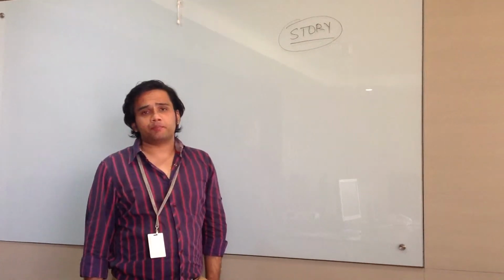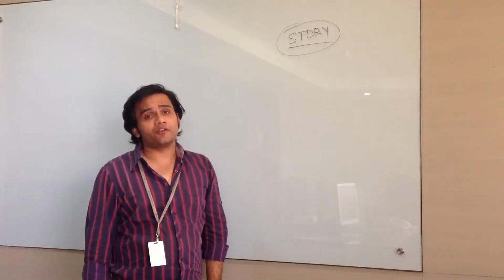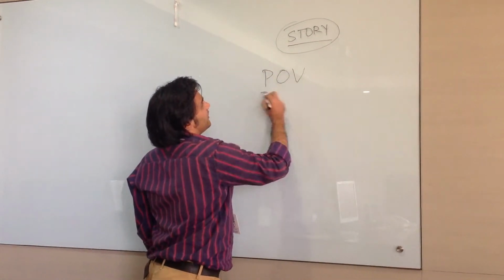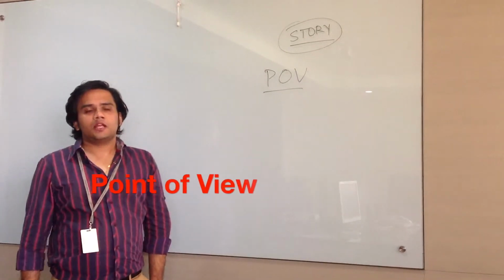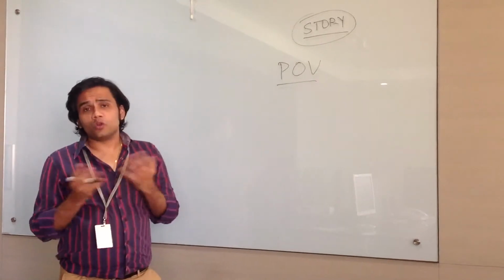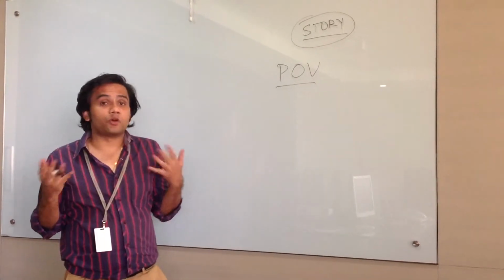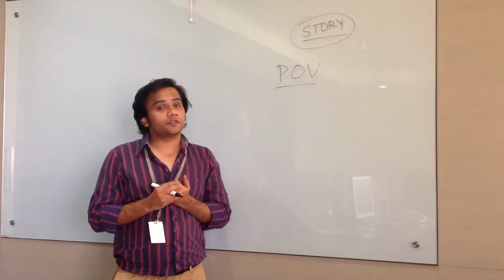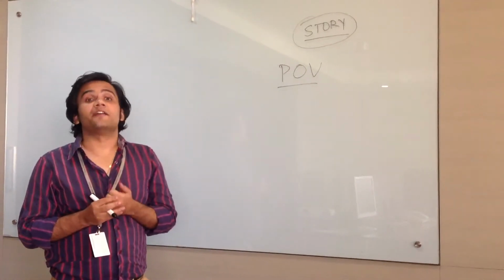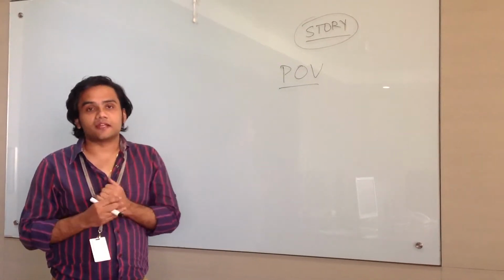Now, before we wrap up our lesson on story, let us cover one important and very critical concept, which is point of view. Now, you would imagine, what is a point of view? As we all know, a story is made up of characters, and depending upon what kind of story it is, the number of characters in every story could obviously differ. Some stories have only one character, some stories can have as many as 50 to 100 characters.